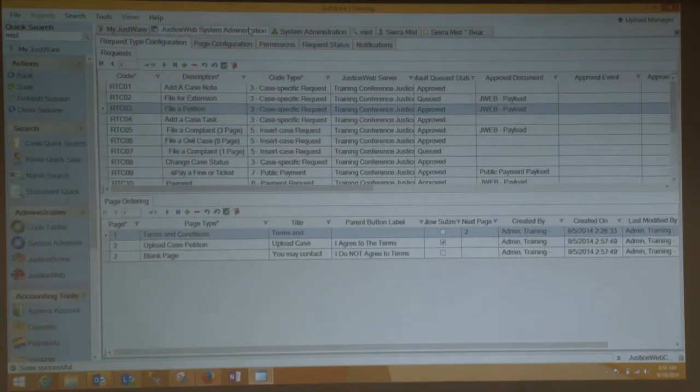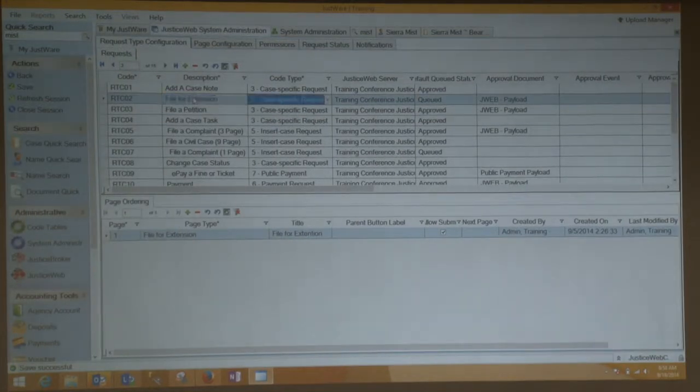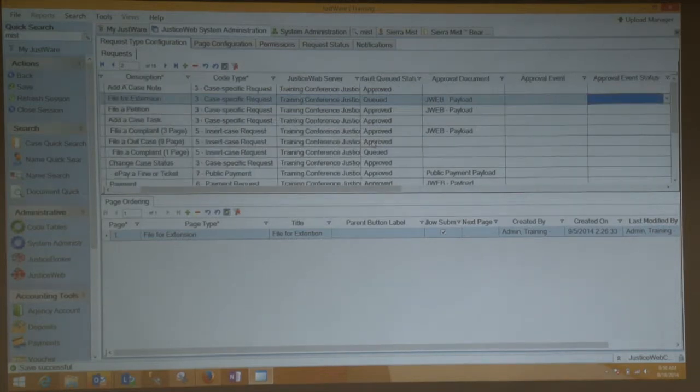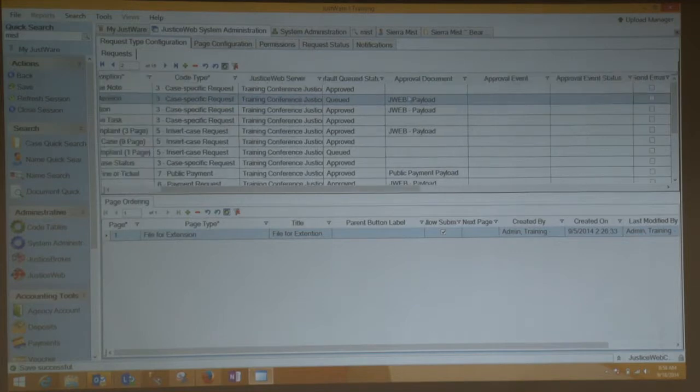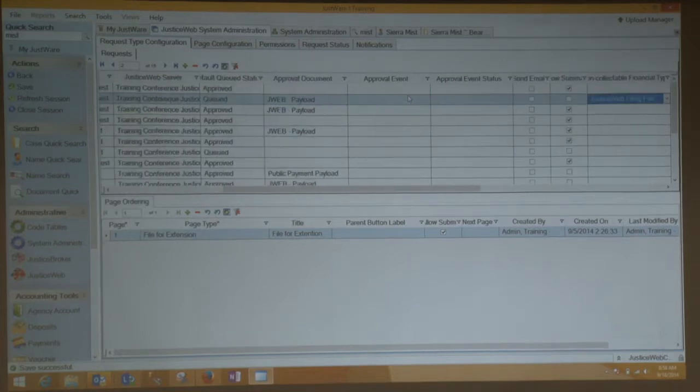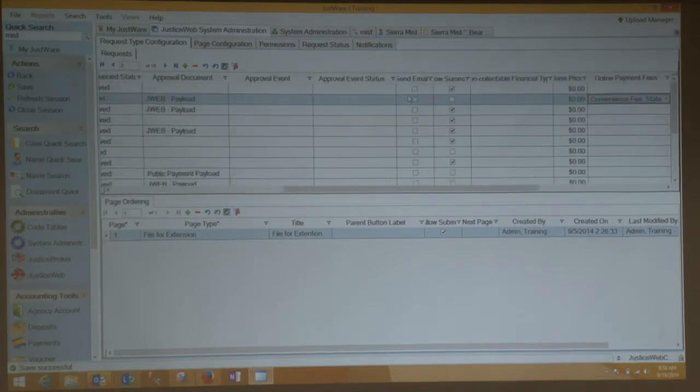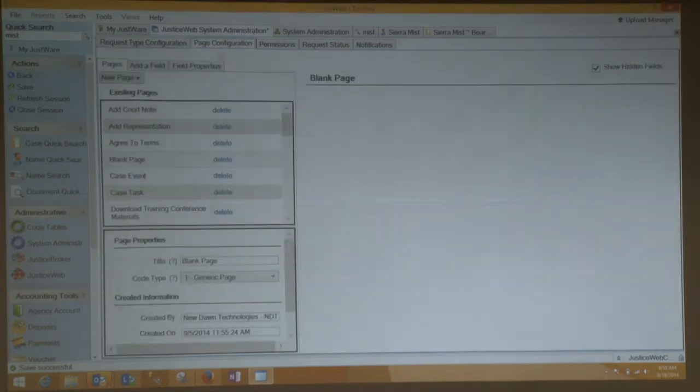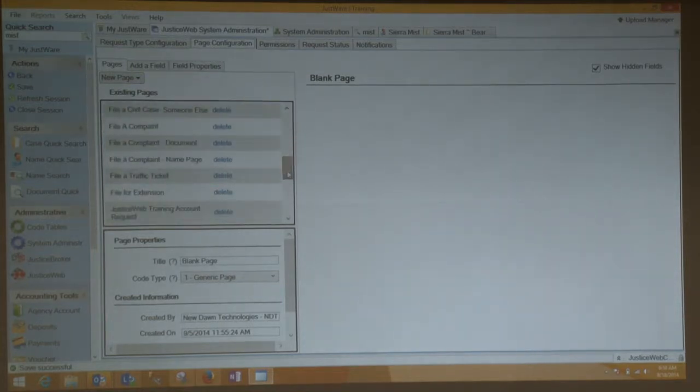All right. So now let's look at file and extension. File and extension, this is a single page in the workflow, so you can make these very simple. This one goes into the queue. And for this, let's take off our fees. All right. So we'll take those fees off. Now let's look at our file and extension page. This one is very similar